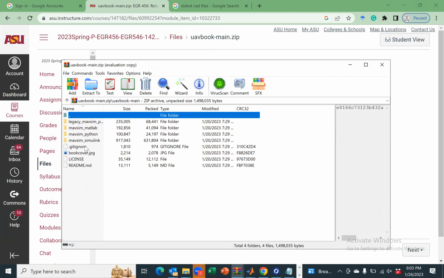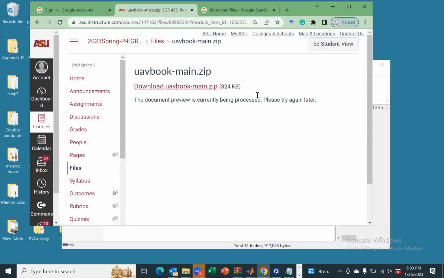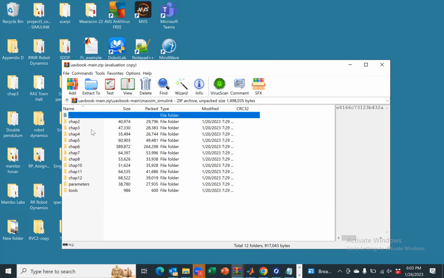Since I have asked you to perform the Simulink part of it, you can do those same assignments using MATLAB or in Python. So click on the Simulink, and currently the assignment that we have given you is on